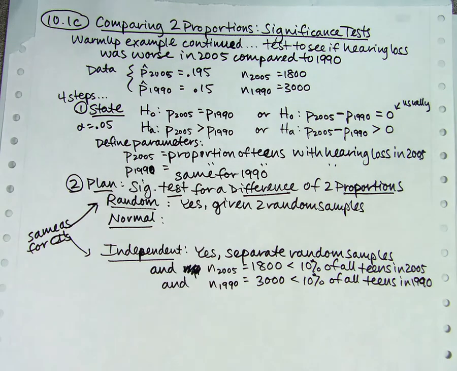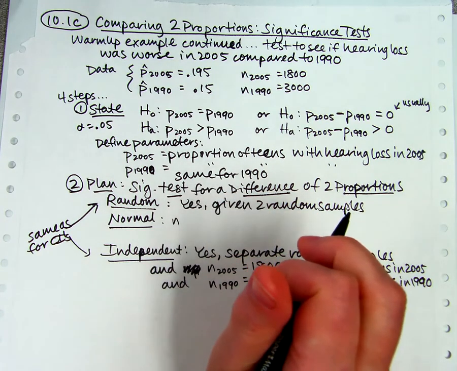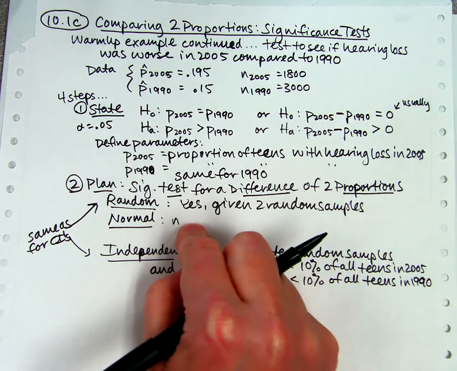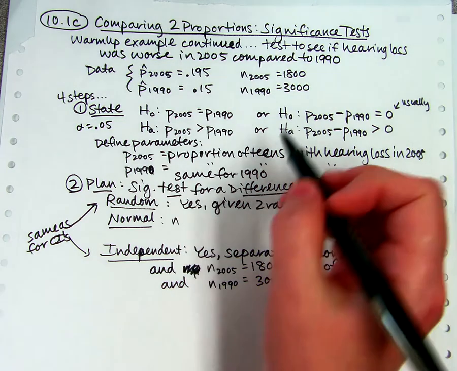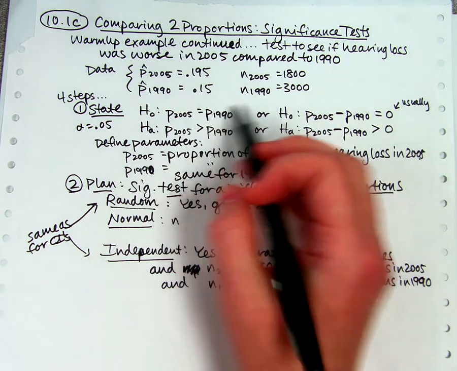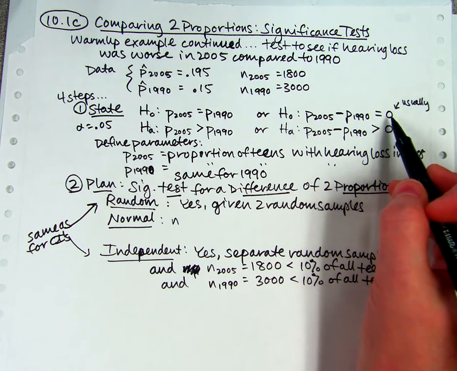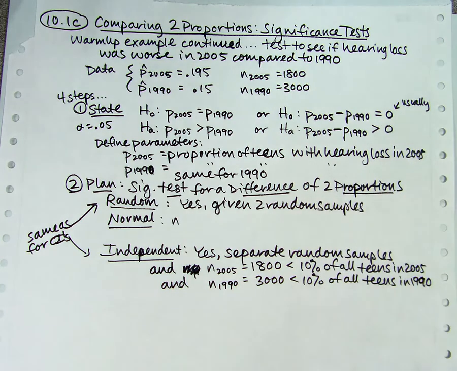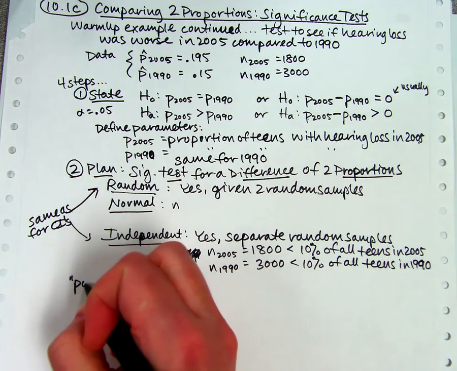The normal condition is going to change a tiny bit. So we're still doing n times p, and in the confidence interval world, we use n times p hat. But remember when we did single proportion tests, we switched to doing n times p0 instead of n times p hat? We're going to do something kind of like that, except p0 doesn't exist in here anywhere. There is no p0, except that maybe the difference is 0, but what we do instead is a thing called pooling, and I'm going to do that down below because I just realized I don't really have room for it here. So I'm going to say pooled